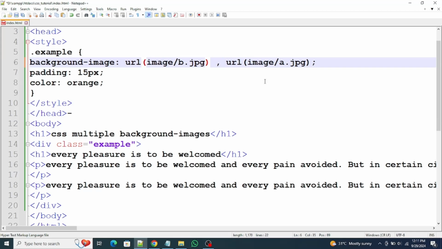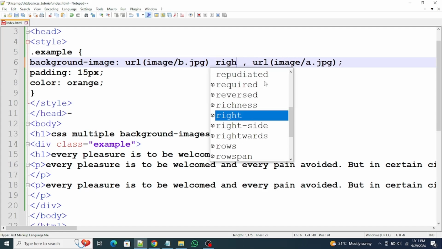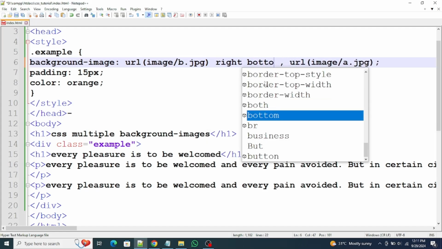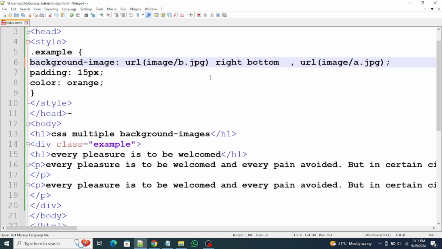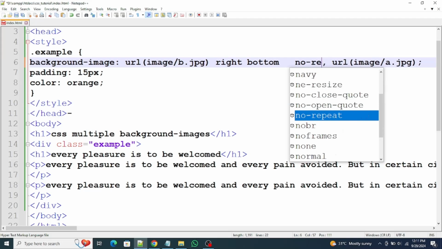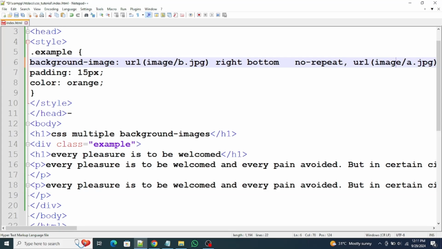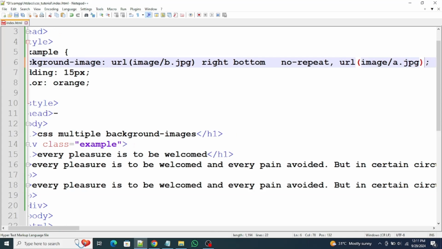After that, url in parentheses, we will use right bottom, and no-repeat. This image will not repeat, no-repeat. In the second url, we will use the other shorthand property, and we will use left top,